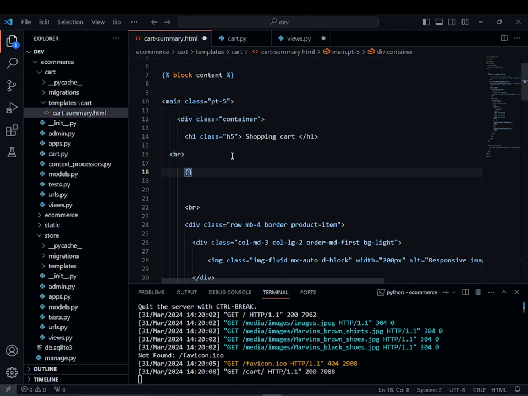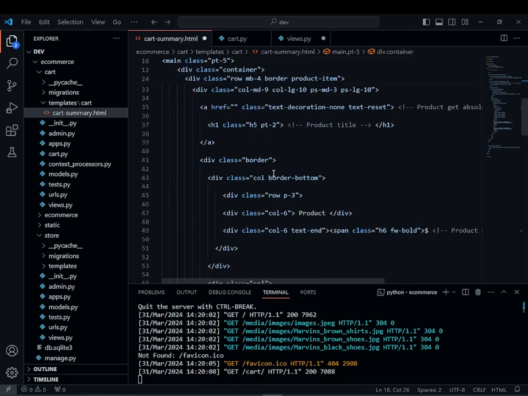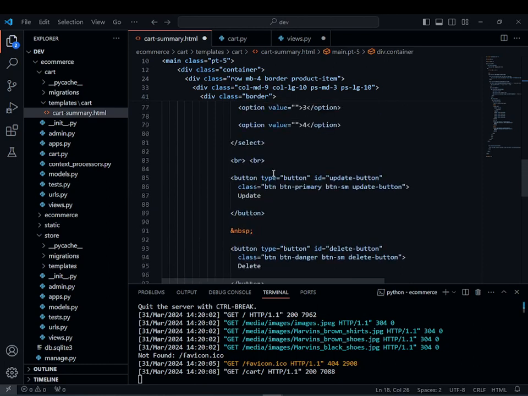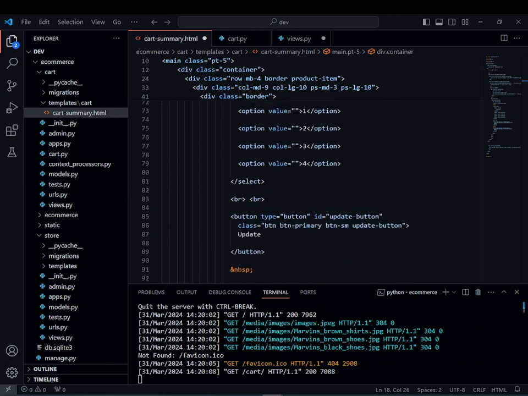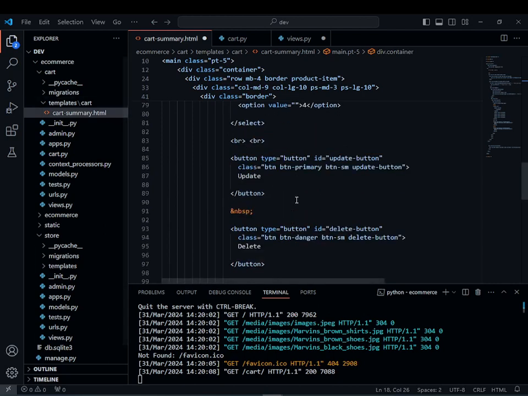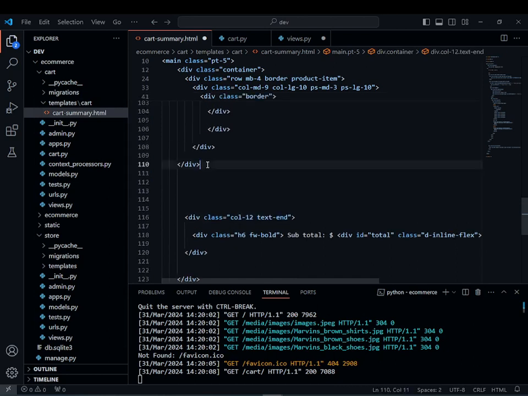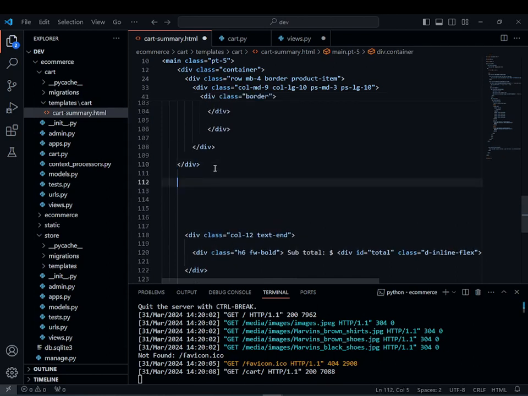So for this, in Django tags, for we declare a variable item in cart to iterate in our session, and we are also going to close that for loop. So we want to close this above that column 12, and here we are going to close that tag